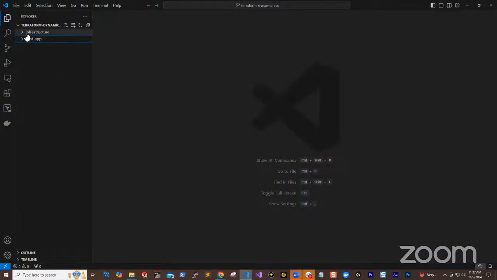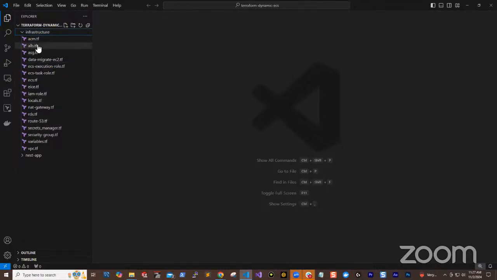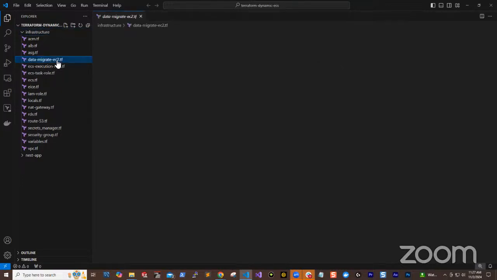Then once you've done that, the infrastructure is still the same. We are creating the load balancer, auto scaling group, VPC, everything. Another thing we are doing here is we are going to use Terraform to migrate our data into the RDS. So that's what this